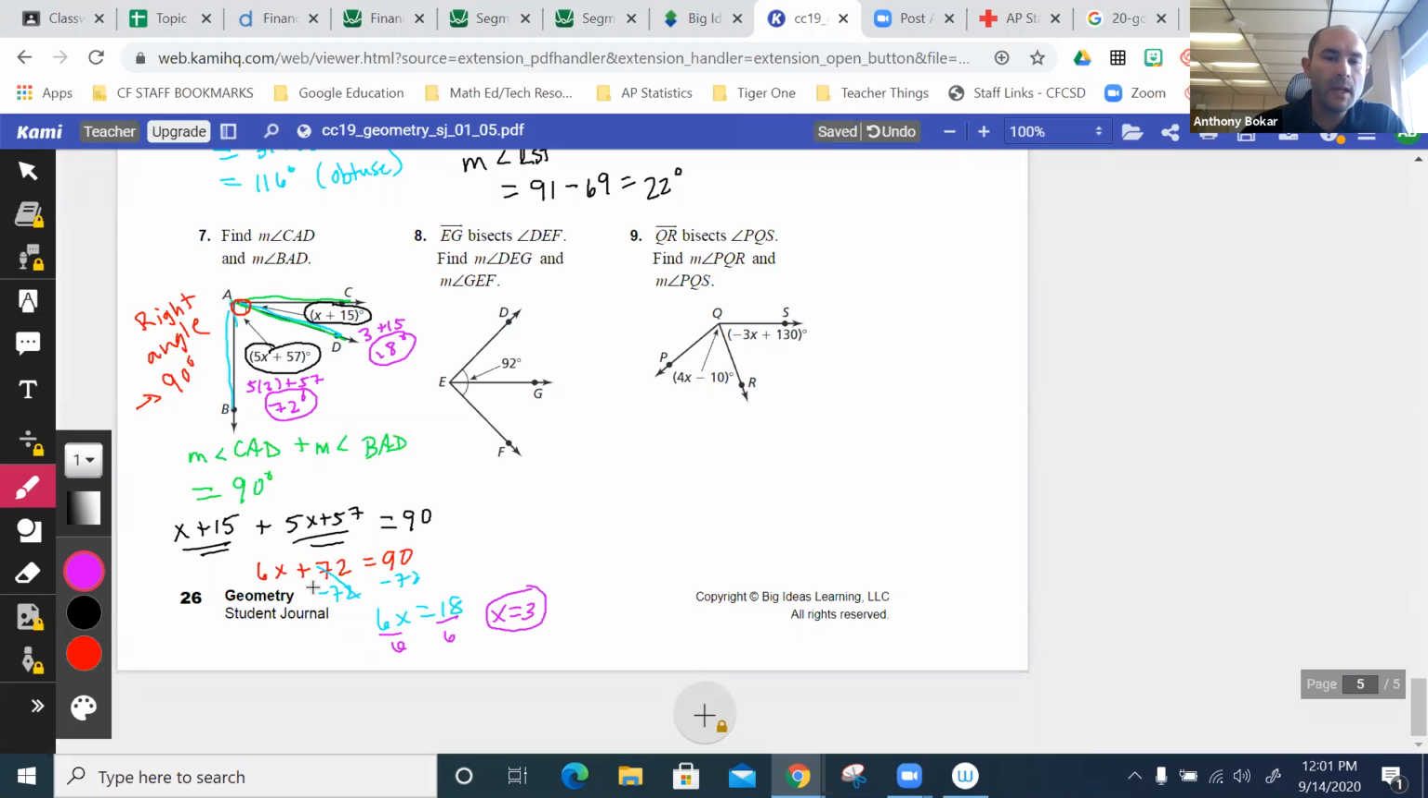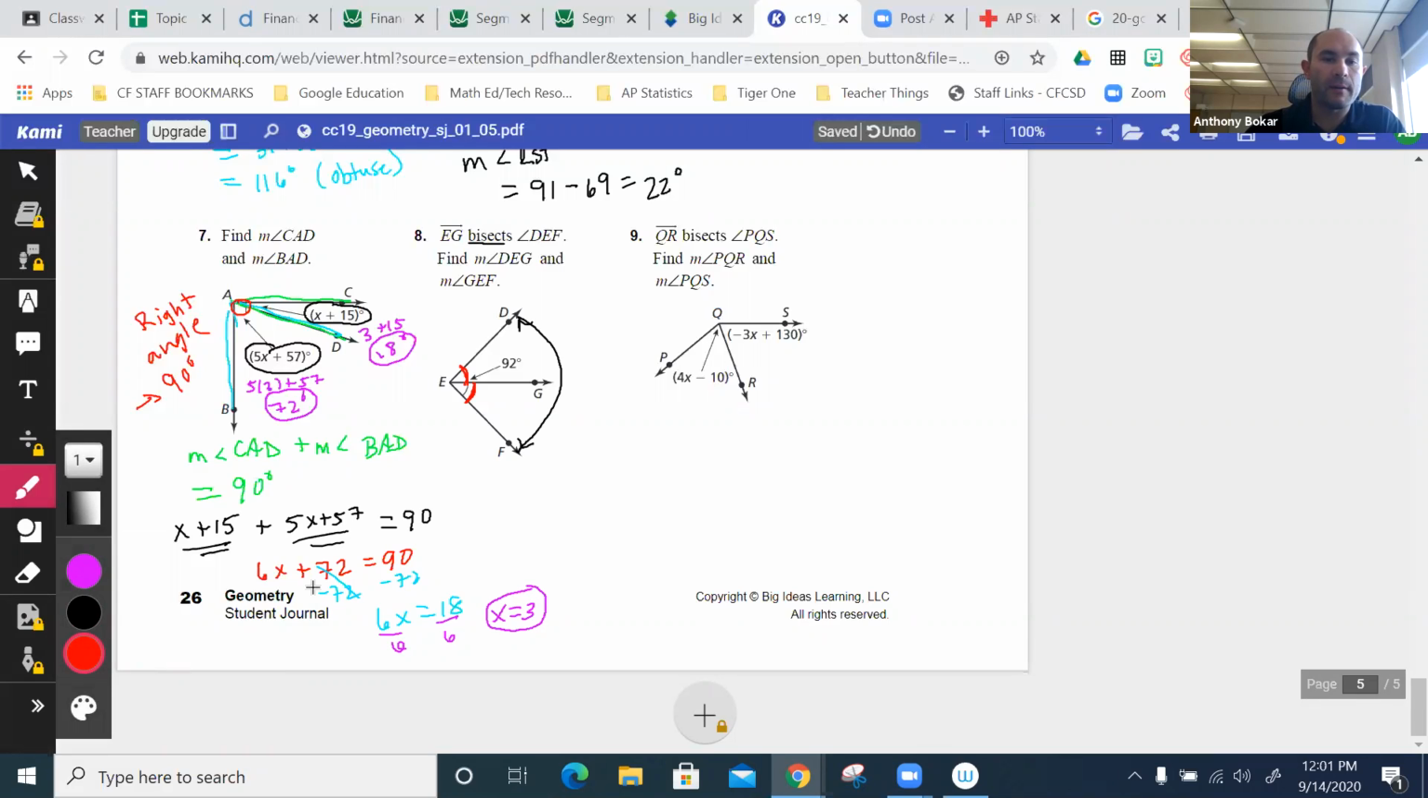Okay. And then finally, number 8 here, it says EG, this right here, bisects angle DEF. So DEF is this whole angle from here to here, bisects it. So what does that mean? That means that this piece right here is the same as that piece right there. Those angles are congruent. So the question is find the measure of angle DEG